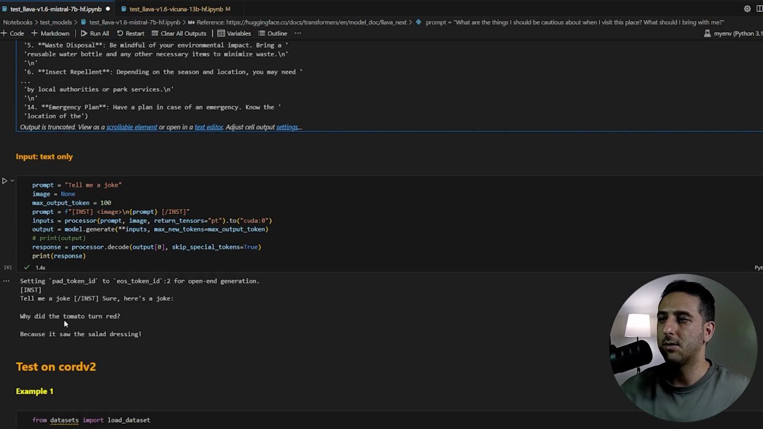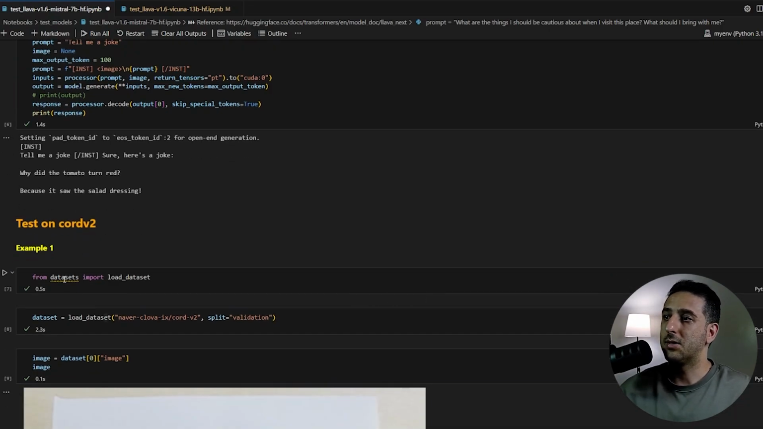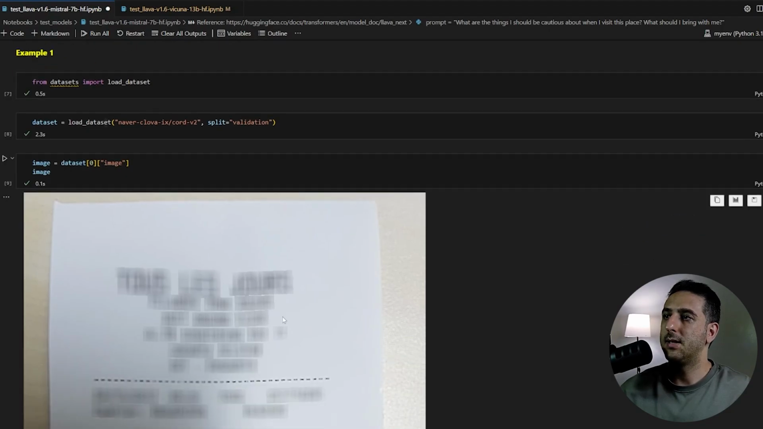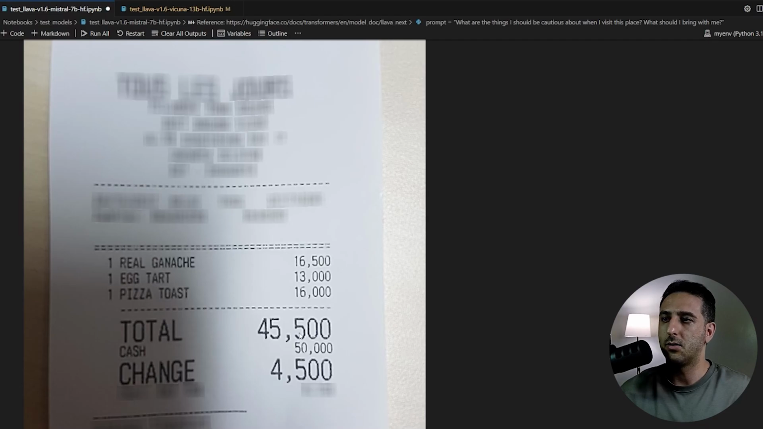Why did the tomato turn red? Because it saw the salad dressing. So here I want to test the model on Cord V2, which is the dataset that I want to use for fine-tuning of LLaVA 1.6 7 billion. For the first example, this is the image of our example. As you can see, it's a little bit shady, but it has real ganache, I believe, egg tart, pizza toast, and the total of